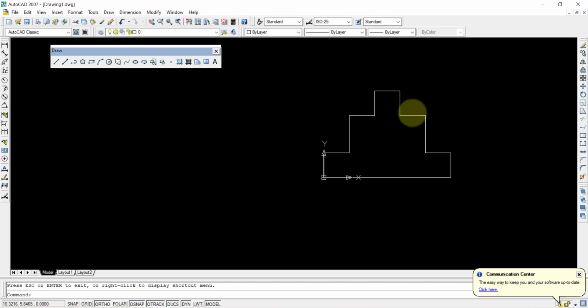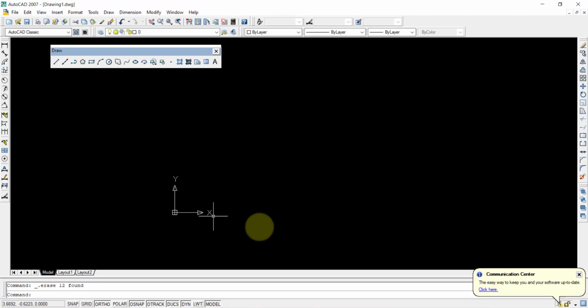So as you can see, this is a 10 mm line, this is 2 mm line, 2 mm line, 10 mm, 3 mm line, 2 mm, 2 mm. As you can see, all these straight lines are individual lines and not a single straight line. So this is the use of the line command.